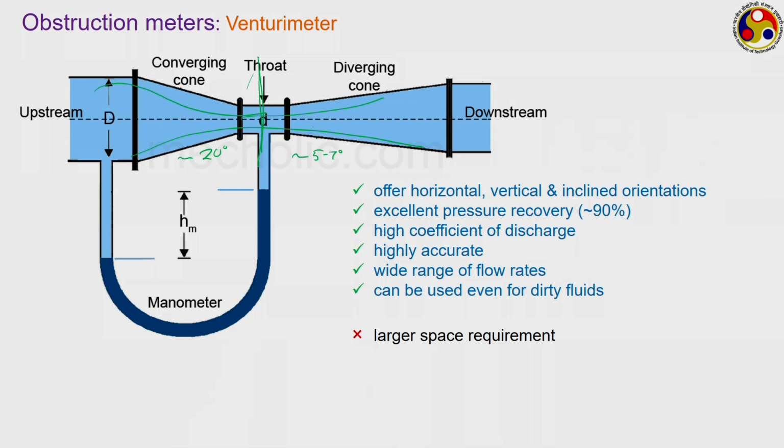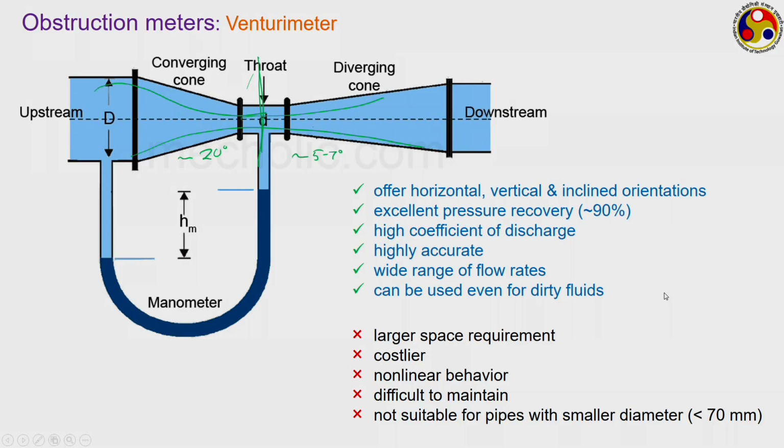Disadvantages: definitely it requires much more space compared to an orifice or a nozzle. It is definitely costlier, and the installation is also a bit costly. The behavior is non-linear, which is actually true for any of the obstruction meters. It is difficult to maintain, because you cannot just open the two parts and clean the dirt that gets accumulated inside. It generally comes as a single set, so maintenance sometimes may be difficult,